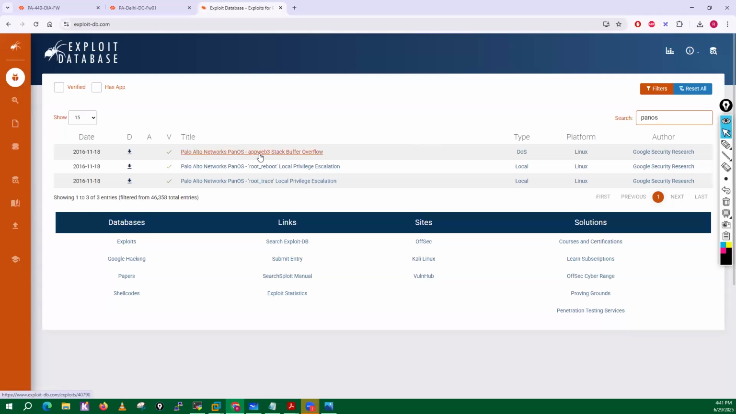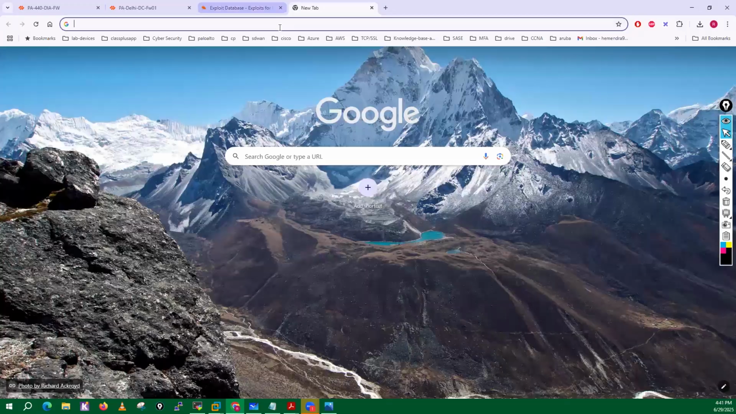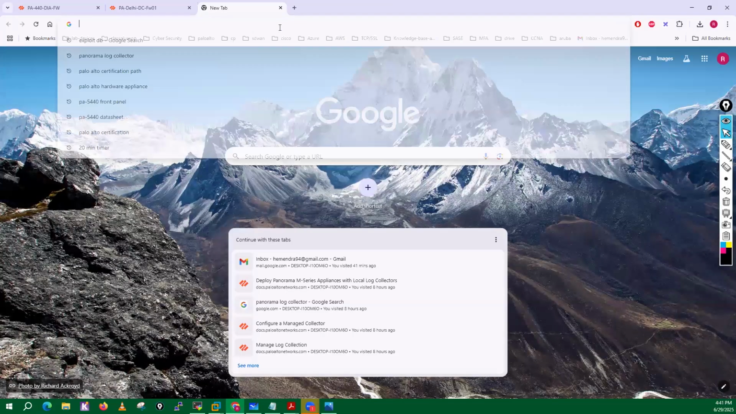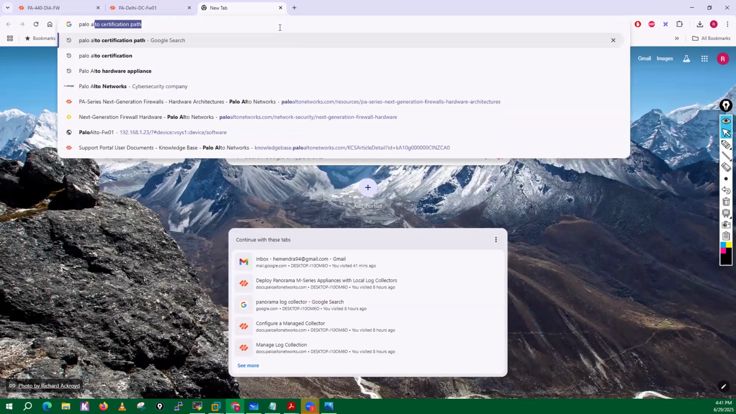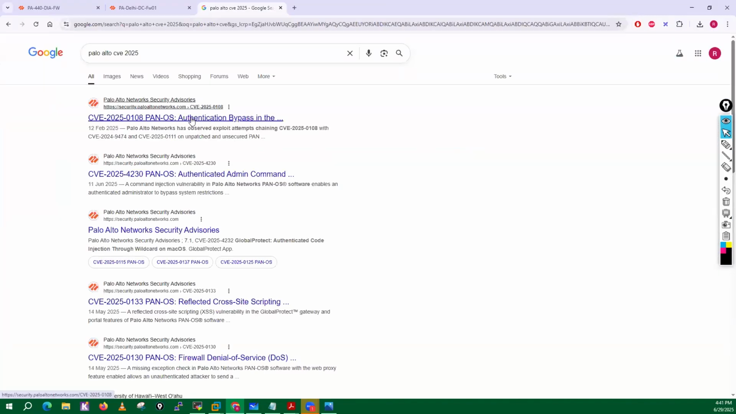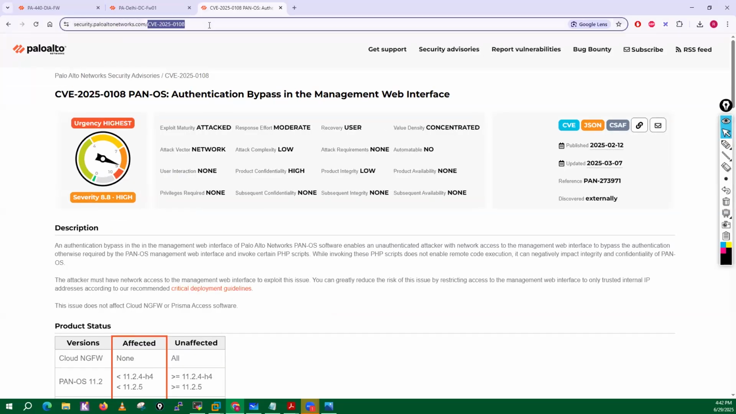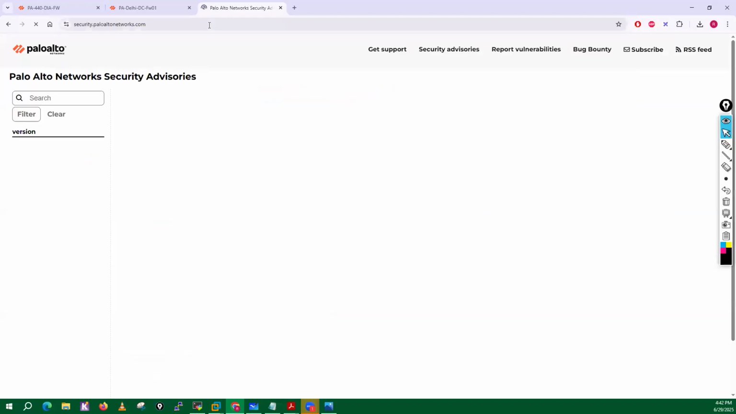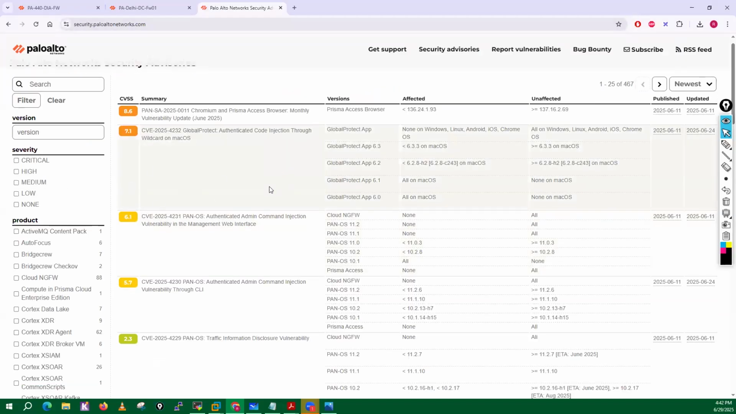See, Palo Alto Network PanOS, Apache Web3 stack, buffer overflow vulnerabilities are there. Root reboot local privilege escalation vulnerability is there. Even for all types of Palo Alto vulnerabilities, if you search for Palo Alto CVE 2025, this is the website, security.paloaltonetworks.com. This is the place where you can find all the vulnerabilities which are available in your